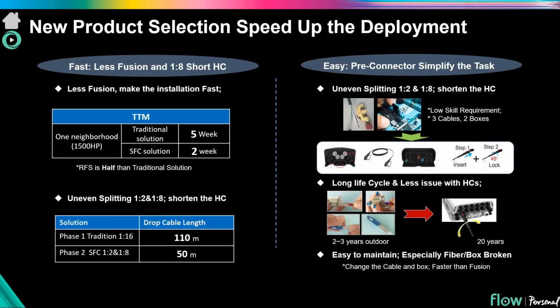Through these two major changes, the current network construction efficiency of Personal has increased from the initial 10,000 home pass per month to 30,000 home pass per month. By the end of 2019, 360,000 home pass construction has been finished, covering the 3 regions of Gran Asunción, Ciudad del Este, and Pedro Juan Caballero. These are the main cities of Paraguay, realizing the first coverage of the valuable regional market.